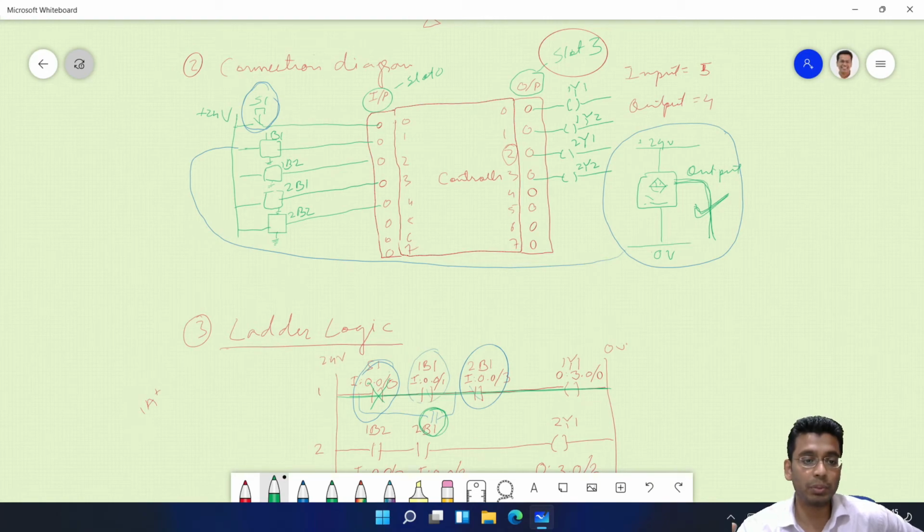Basically, what is the difference between inductive, capacitive, and magnetic? Magnetic only works if your piston rod is of ferromagnetic material, right? Because it actually detects the piston rod coming to the retracted end position or the extended position. Now, suppose the piston rod is not ferromagnetic, it is of something else. Then of course you have to go for inductive or capacitive. Fine.